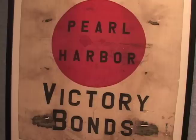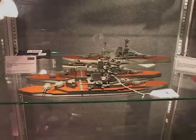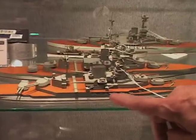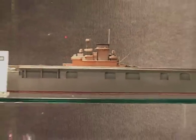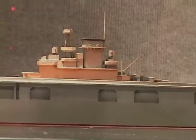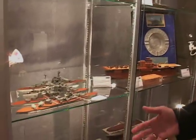Okay. And in this case, we have some Japanese Imperial Navy identification ship models, and the quality of the workmanship on them is absolutely incredible. You see the decks are all natural wood, and even the cannon barrels are hollow. And on the shelf right above it, up here, we have the Japanese recognition model of the famous USS Enterprise. And in a few minutes, I'll show you one of the American battle flags from the USS Enterprise, which is down the hallway. But these are all wartime made ship models. They're not toys, they're kits, but they're absolutely phenomenal